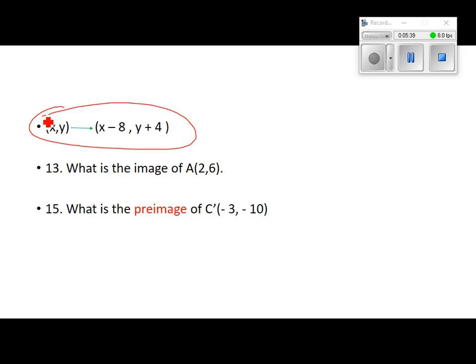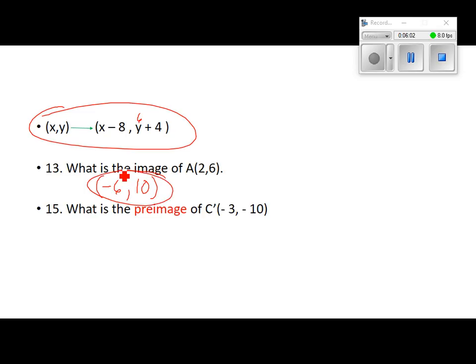Now you're going to the left 8. So if I take this 2 and stick it in there for x, what's that leave me with? -6. 2 minus 8 is -6. If I stick the 6 in there for y, what's that leave me with? So if we were to do this rule, this slide on that point, we would end up at the point